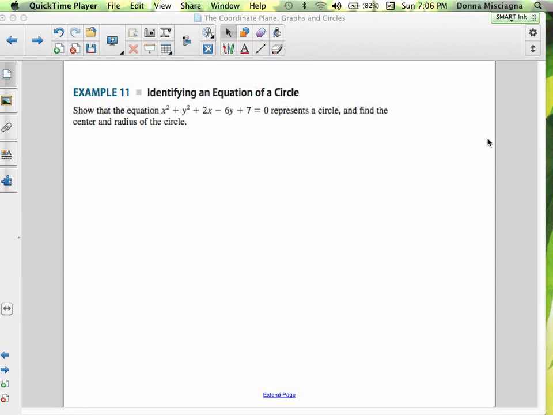squared or y squared. We could have coefficients on x squared and y squared and still have it be the equation of a circle, so long as it was the same coefficient on both x squared and y squared. All right, so for instance, if we had